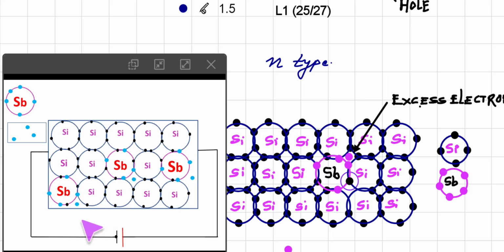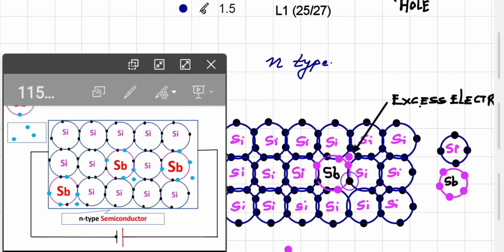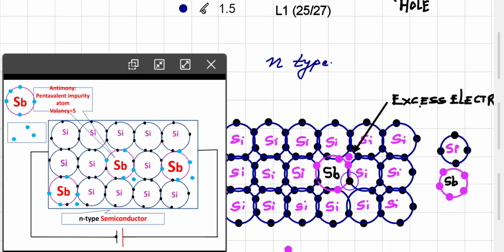But remember that the thing is not at absolute zero temperature. At room temperature thermal energy is provided. This is an n type bar, thermal energy is provided, and due to thermal energy some of the electrons will be released. If these electrons are released, consequently holes will be generated. So inside this n type bar, due to thermal energy, holes will be generated, but they are very few in number, and they will act as minority carriers in the n type bar. So here it is, hole as a minority carrier.